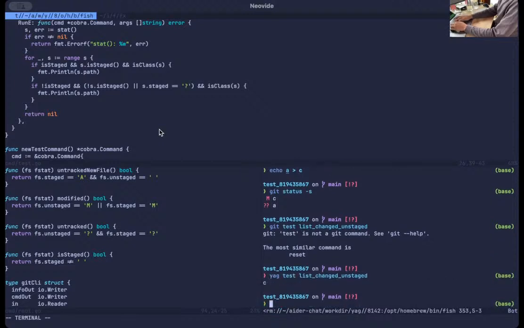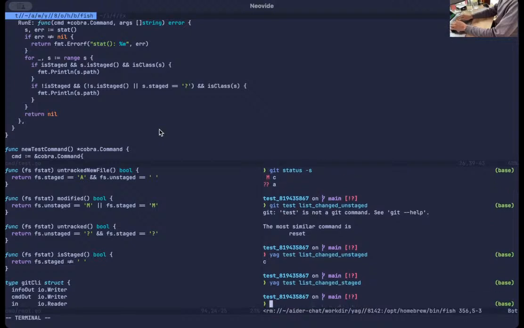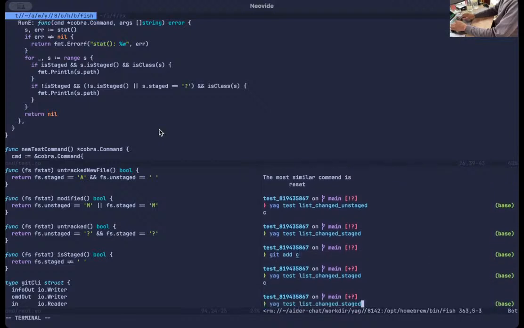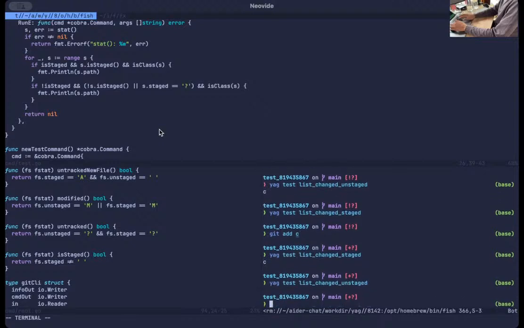Okay, and yeah, test list changed staged should be giving nothing. Only when I git add C, then this is giving C, and list changed unstaged is giving me nothing. So we have proper tools here to actually test whether